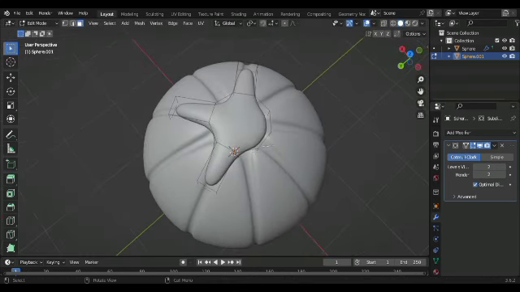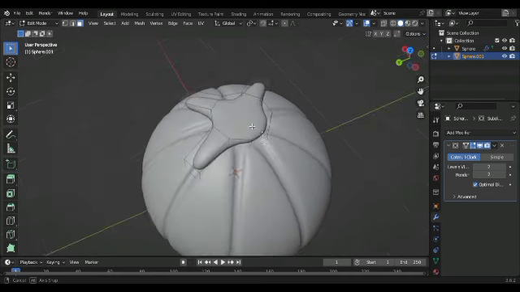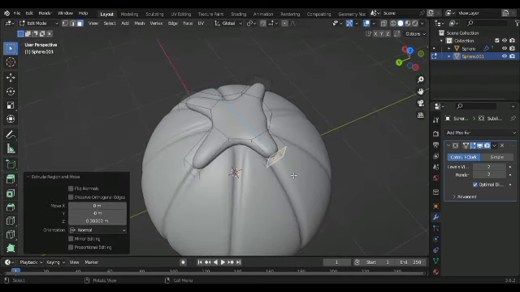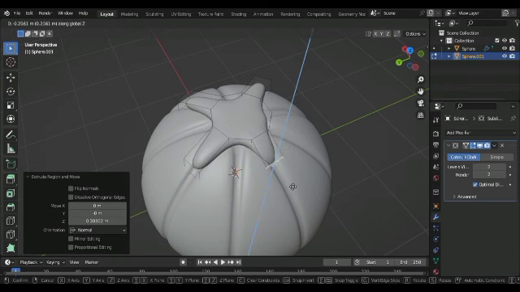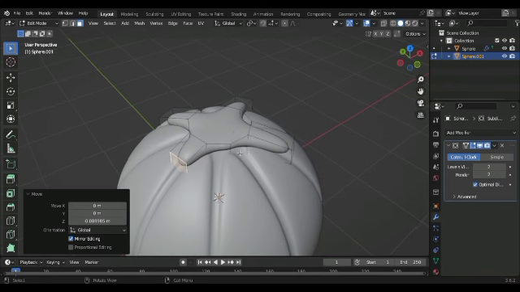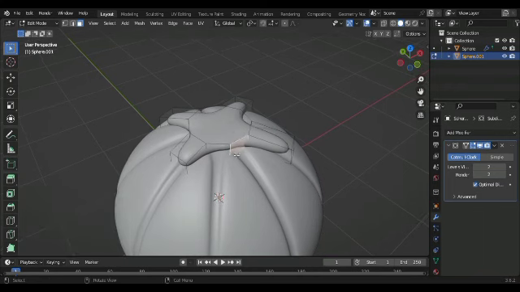So select this face, E to extrude, G, Z. We don't want them to be the same size, so some will be bigger than the other. You get the whole idea, is just to make a pumpkin. So select this face, E to extrude,